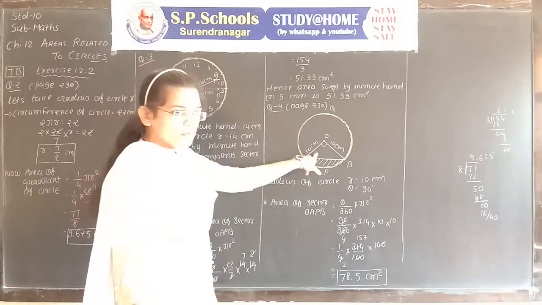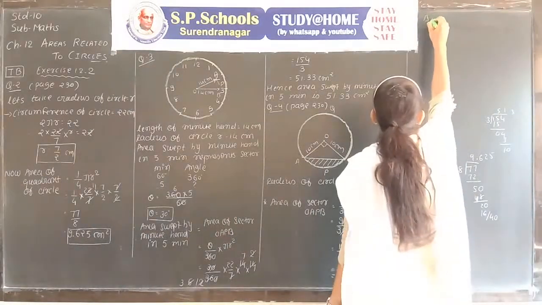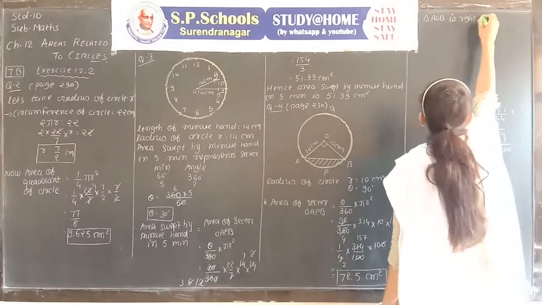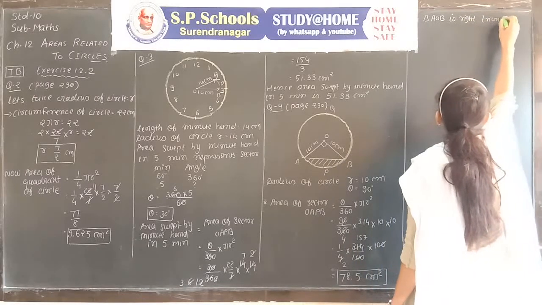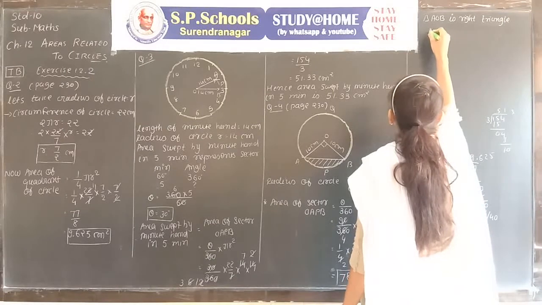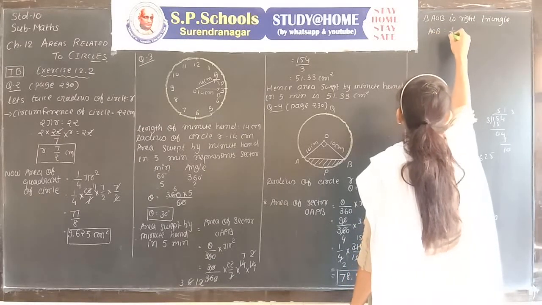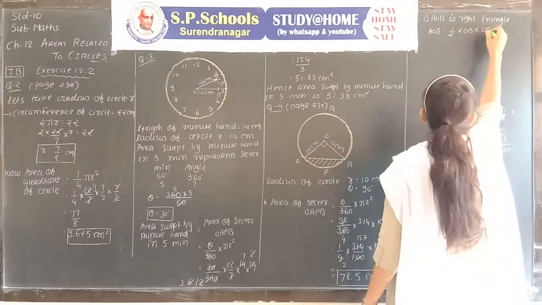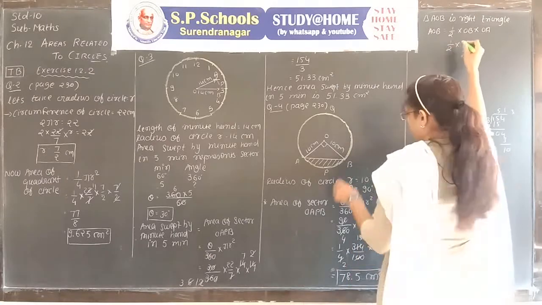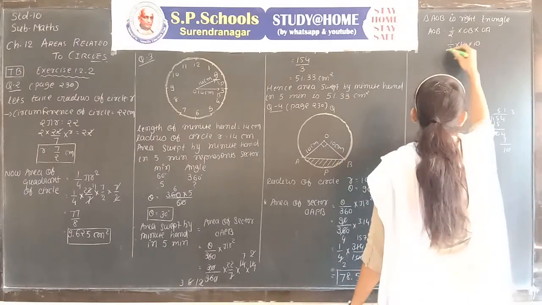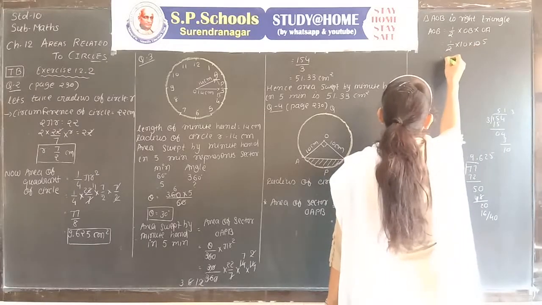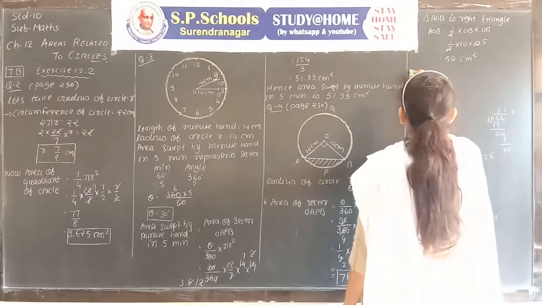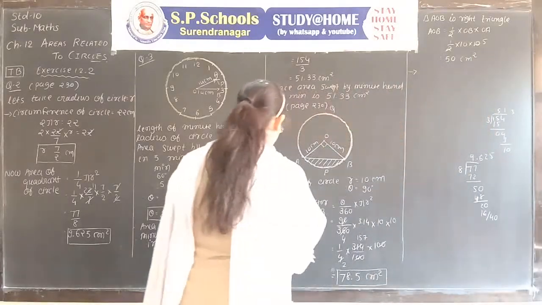Now the triangle AOB is a right triangle. That's why the area of AOB is half into base OB into height OA, 1 upon 2 into 10 into 10, 2 5s are 10, so the area of triangle AOB is 50 centimeter square. The first answer is obtained here.